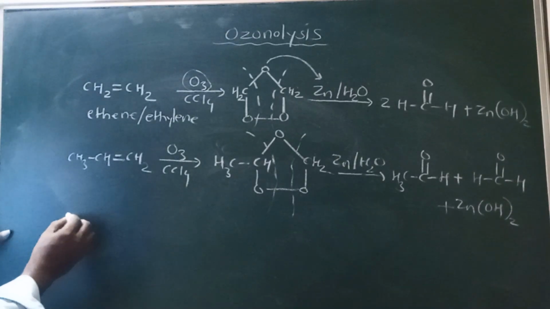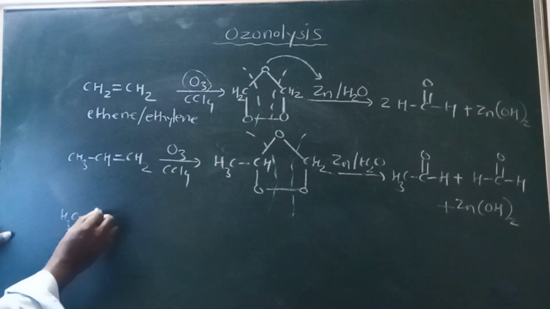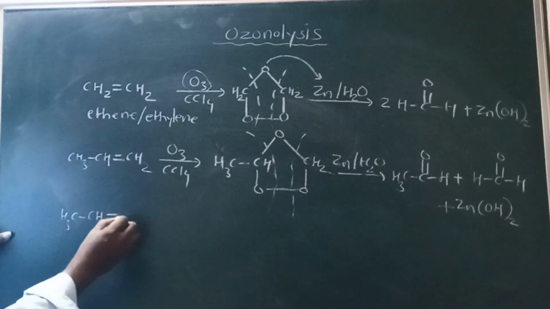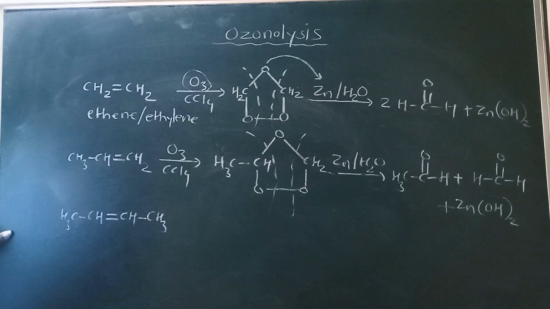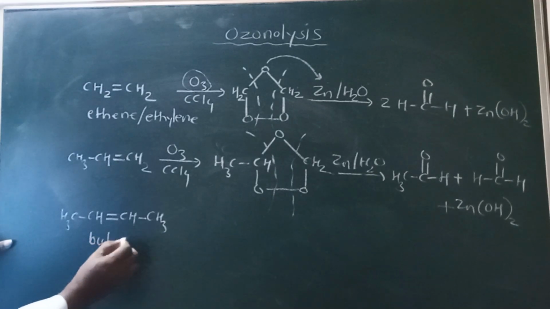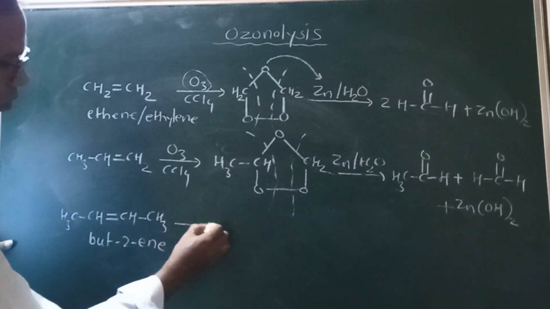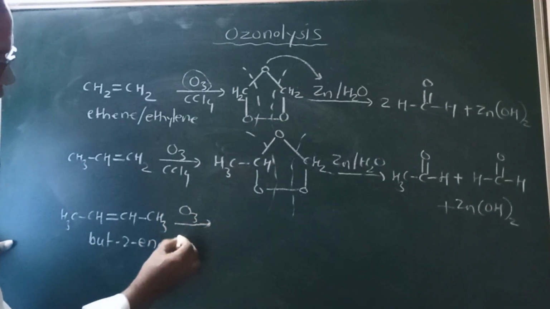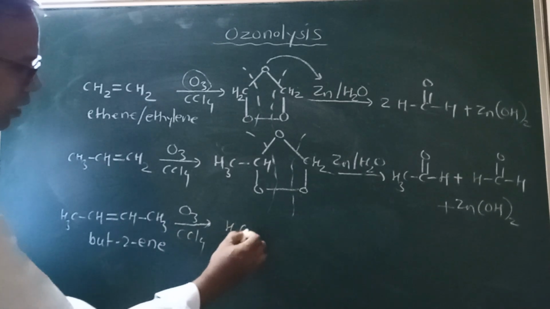Let's have one more example. CH3, then CH, then double bond, CH, then single bond, CH3. Now this alkene is 2-butene, that is butene. Again, on reaction with ozone in presence of CCl4 as a solvent, it gives us ozonide, which will have